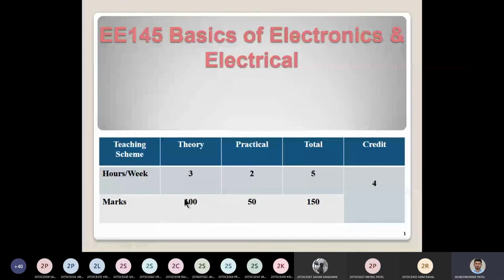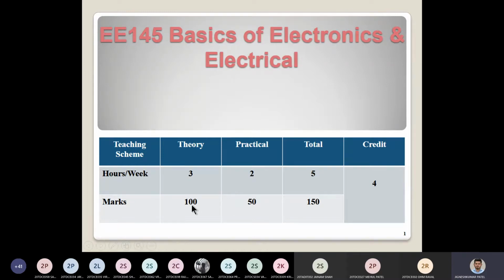Okay, now your marking. Your theory exam would be carrying a total of 100 marks. Your practical would be carrying a total of 50 marks. You have to perform, you will be having a viva, you have to submit some manuals or some report work, a record book, something like that, or either it can be a presentation as well. But for that 50 marks, you have to do some task.